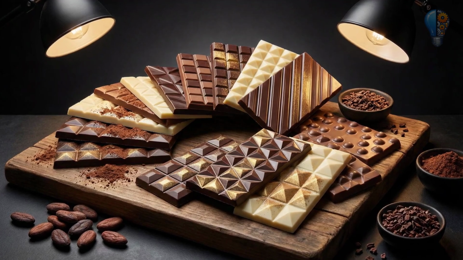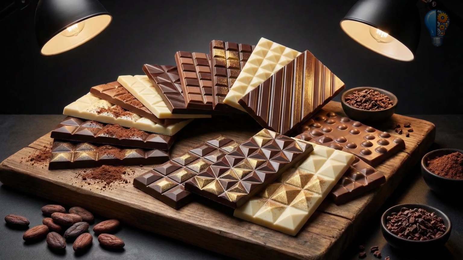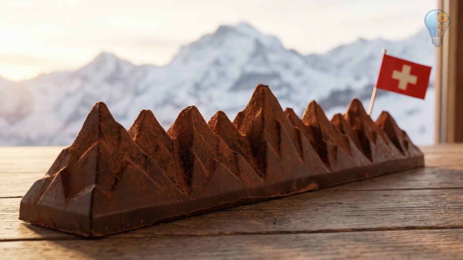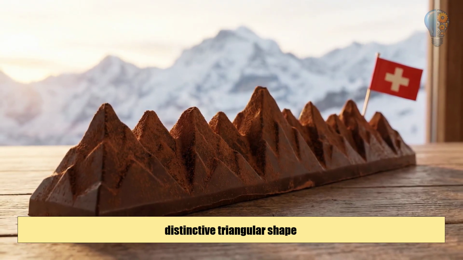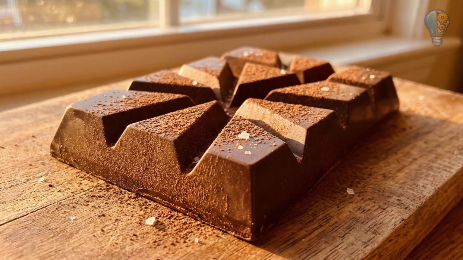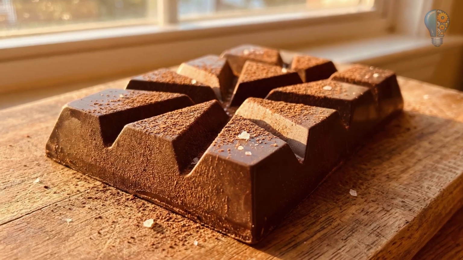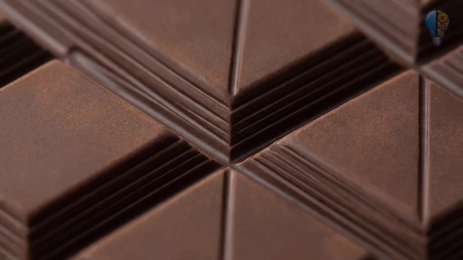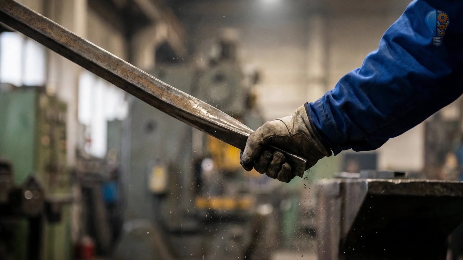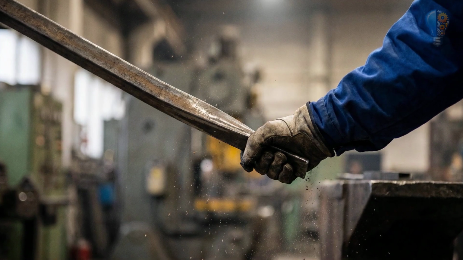Some use more complex patterns, and there are good reasons for this. Take Toblerone, for example, the Swiss chocolate bar with the distinctive triangular shape. Toblerone isn't divided into rectangles at all, it's a series of triangular prisms joined at their bases. This shape is incredibly difficult to break cleanly because there are no straight break lines running all the way across